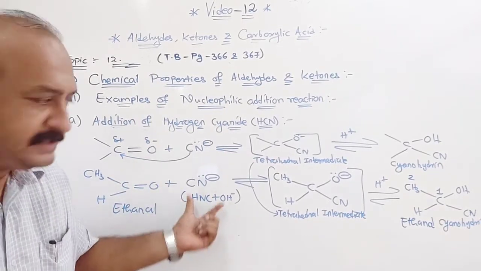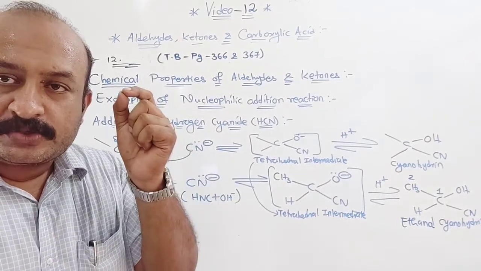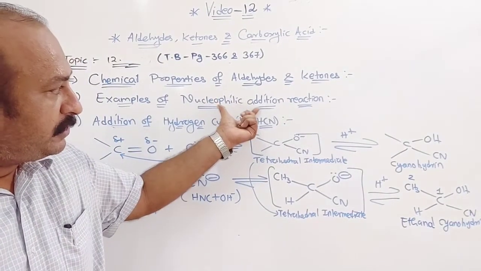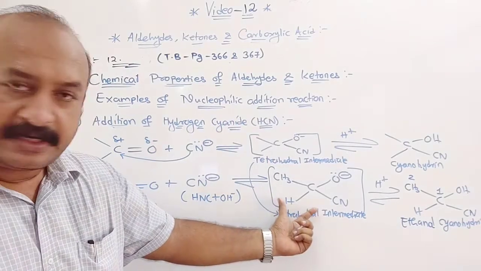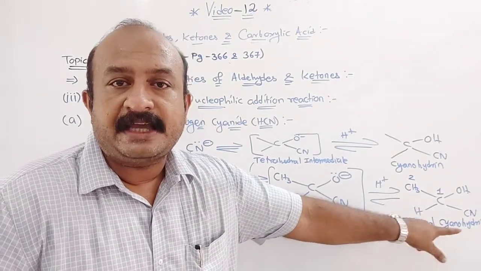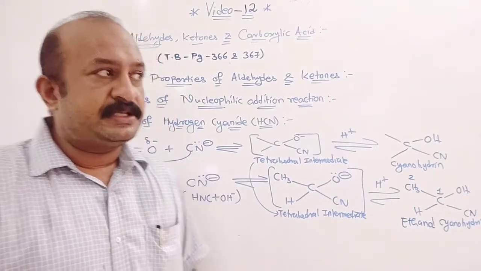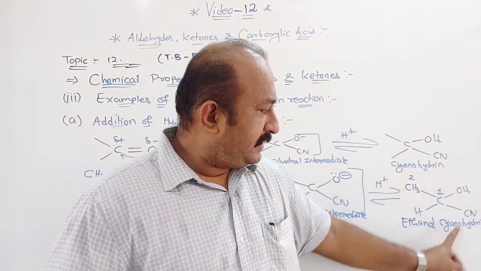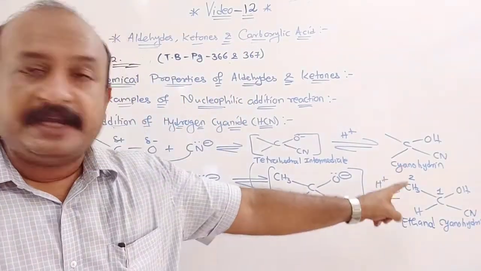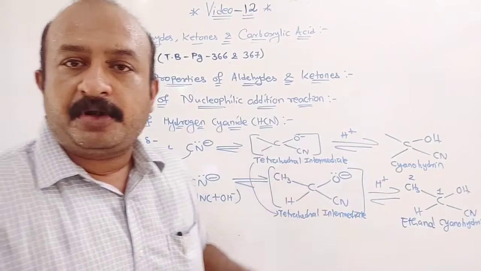So when ethanal is treated with HCN, because the reaction with HCN is slow, you have to use a base as a catalyst. This is the base we use, but you only have to write this nucleophile, and we are talking about the nucleophilic addition reaction. So you will get a tetrahedral intermediate, that is a complex, and on proton transfer you will get ethanal cyanohydrin. Don't call it ethanol because of the OH. The reason is that in this case, with OH here, cyano is for cyanide, CN, and hydrin is for the hydroxyl group. So like that the name cyanohydrin came in this case.